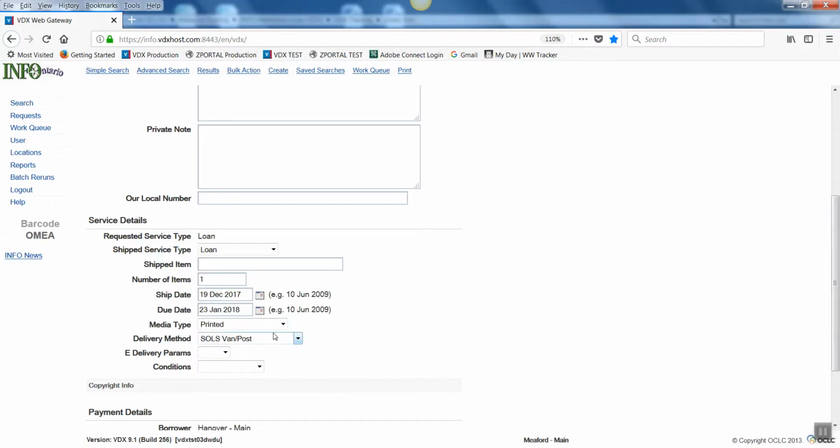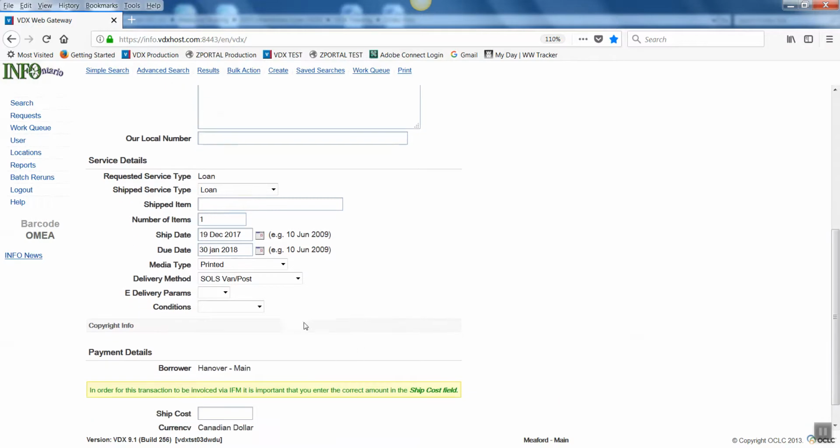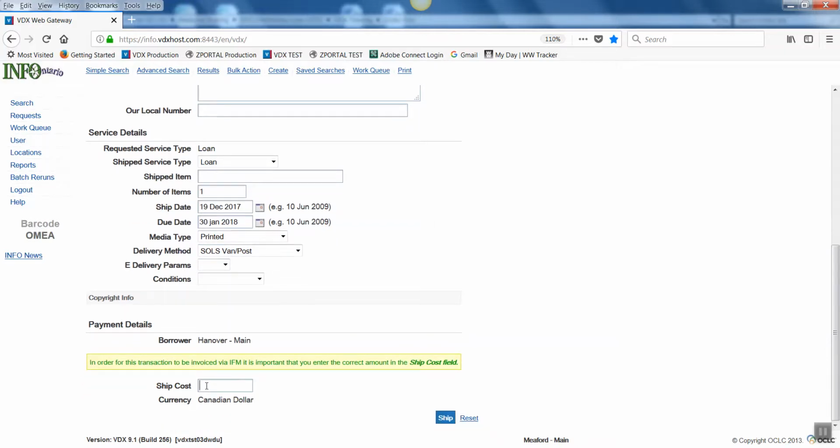The due date is defaulting to a 5-week loan period. You can click on the little calendar icon and change that up or down accordingly. This is a loan of a printed item. The delivery method is either the Soles Van Delivery Network or Canada Post. And seeing as there are no financial transactions in our environment, there's no cost,